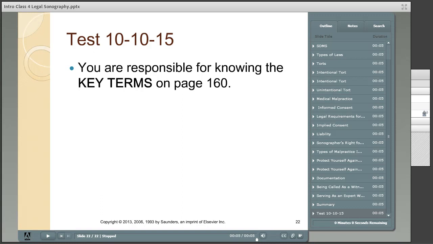If you look on page 164, there's box 7-1, and it does document the legal requirements for informed consent. Just going over them quickly, you need to describe the procedure, clearly state the risks and benefits, discuss possible outcomes, discuss alternative treatments, and make sure the consent form is signed. In addition to being signed, it's also good to have it witnessed and dated.